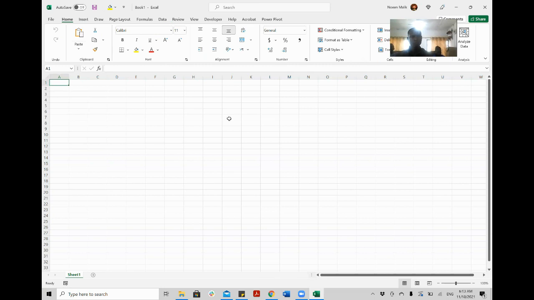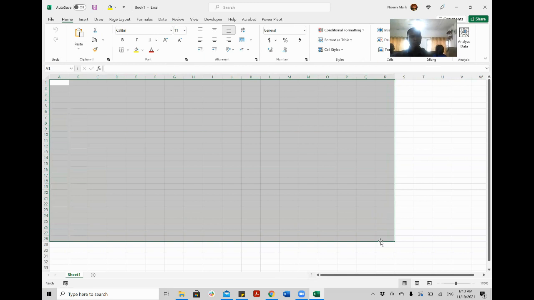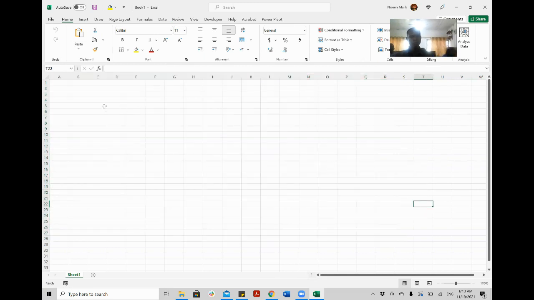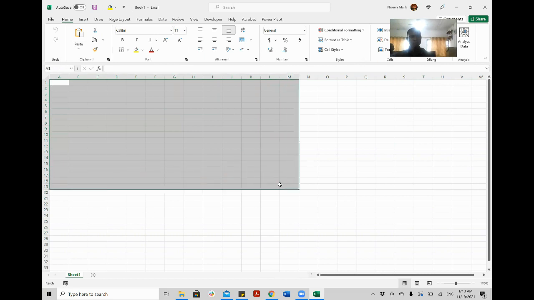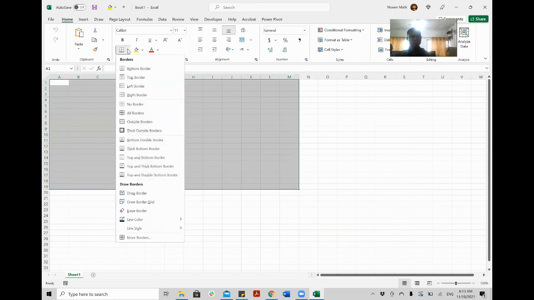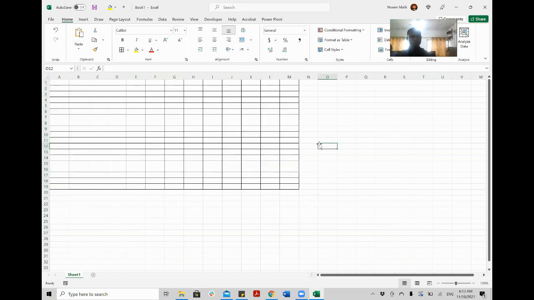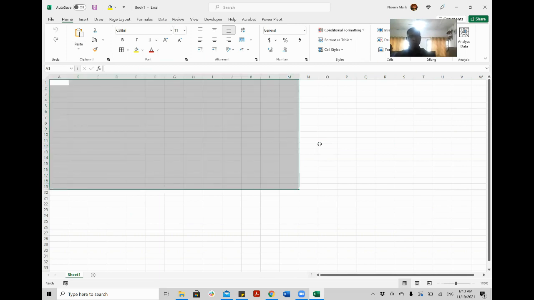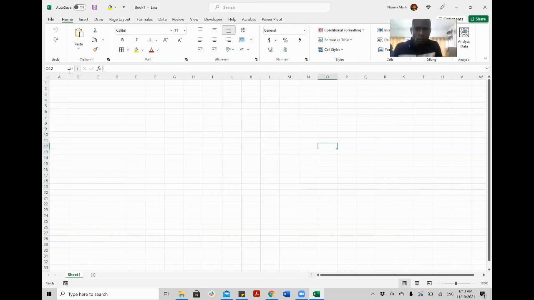So for example, this is like a table for you. You see, this is like a table, right? You can even create the borders of this table. If you like, you can go here and click the borders, thick outside borders or all borders. So you see all borders will be created in the form of a table. Usually I don't do this because it's not really required. So let's see what you want to create.